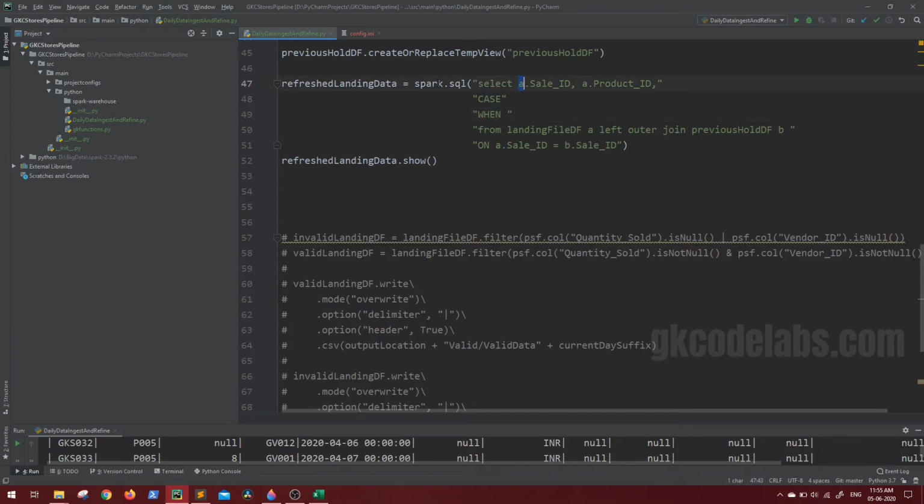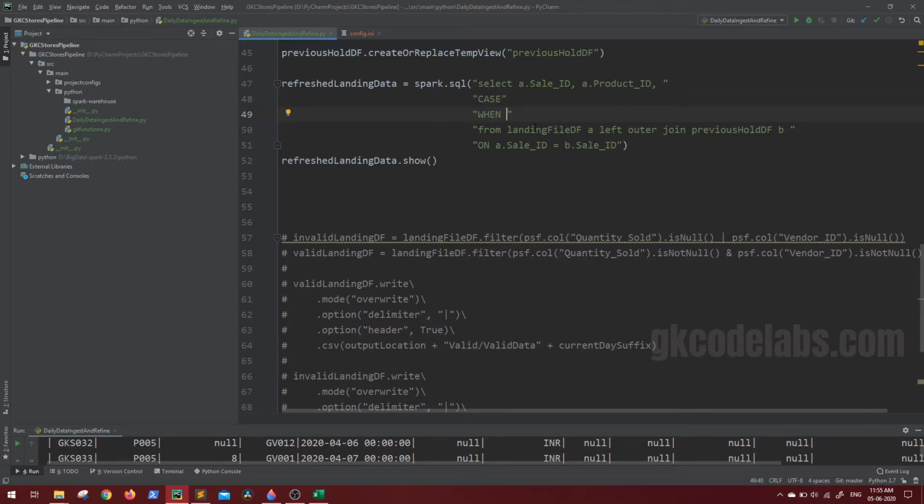So first column in this data frame will be the first statement after your select. This will automatically become the first column. This will automatically become the next column. And after the comma, what we have is case. So whatever this case and when statement will give in their entire scope, that will automatically become the third column for this. This is how that case and when works in case we use in Spark SQL.